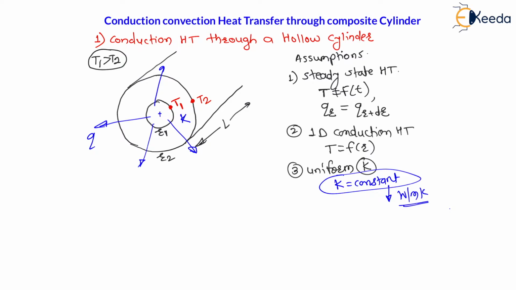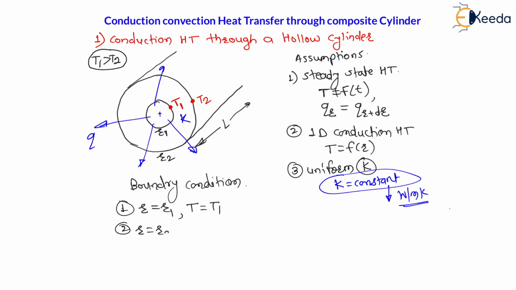Now my dear students, here the heat is flowing radially outward, therefore let us understand the boundary conditions first, right? What are the boundary conditions? Very first boundary condition, whenever radius is equal to r1, that is inside radius, that is inside surface, then temperature will be equal to T1. This is the first boundary condition. Then whenever r is equal to r2, that is outside radius, then temperature will become T2.